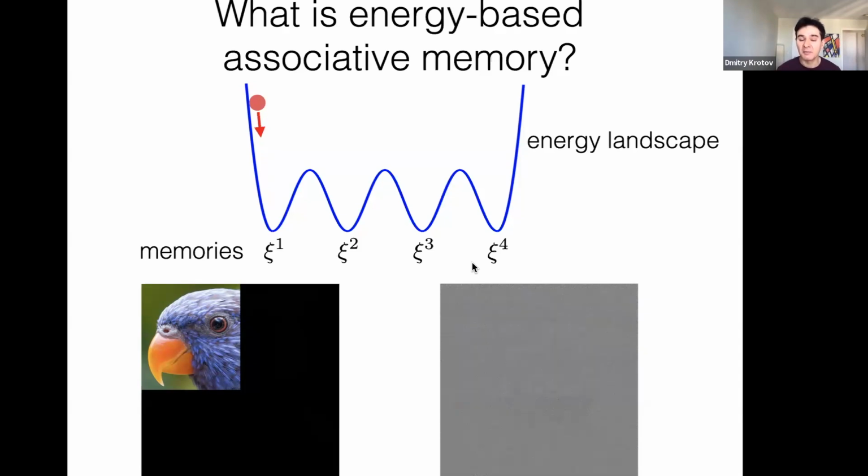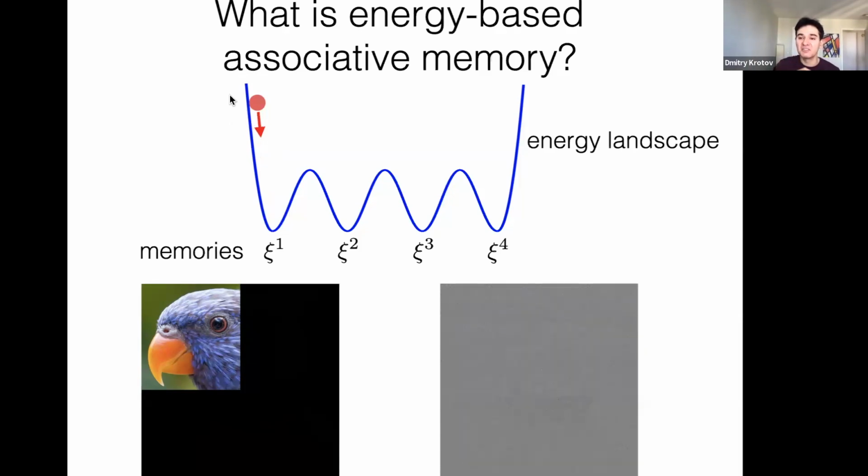So this neural network that I'm going to discuss is a heavily recurrent neural network. It's a very different kind of neural network from what 99% of conventional deep learning is using. It has a very strong feedback. And the most important aspect of energy-based associative memories is that they have this notion of the energy function. Essentially, one can conceptualize the computation of this neural network as the dynamics of this red ball that is located somewhere on this sophisticated energy landscape.